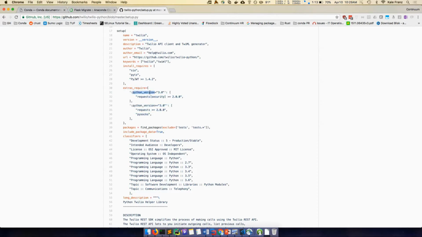For whatever reason, and actually I looked at this, it's probably wrong. Don't trust everything that's in people's setup.py files. There could be a really good reason for this that I'm missing. For whatever reason, if you're on Python 2.7, you need this special security feature. If not, you need PySocks.